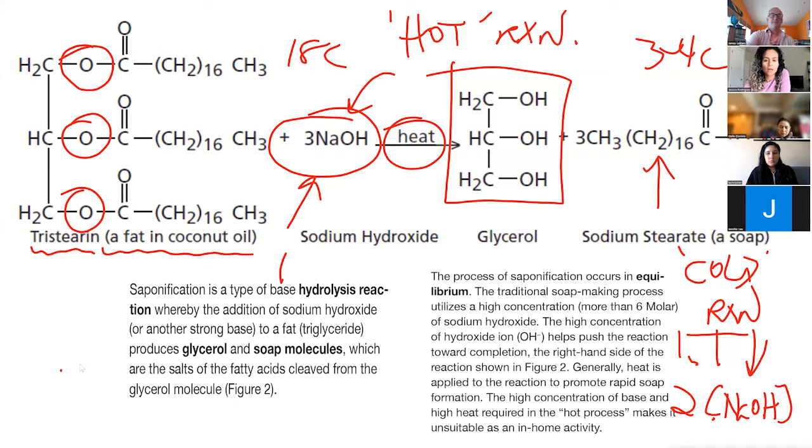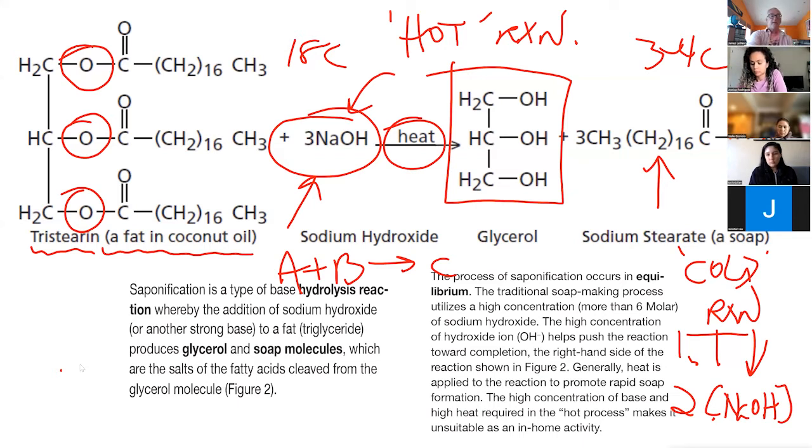If I have a reaction between A and B and they make C, and then I lower the concentration of A or B, what's going to happen to the rate of reaction making C? Is it going to speed up or slow down? Slow down. It's going to slow down, right? If you reduce the concentration of either of these reactants,